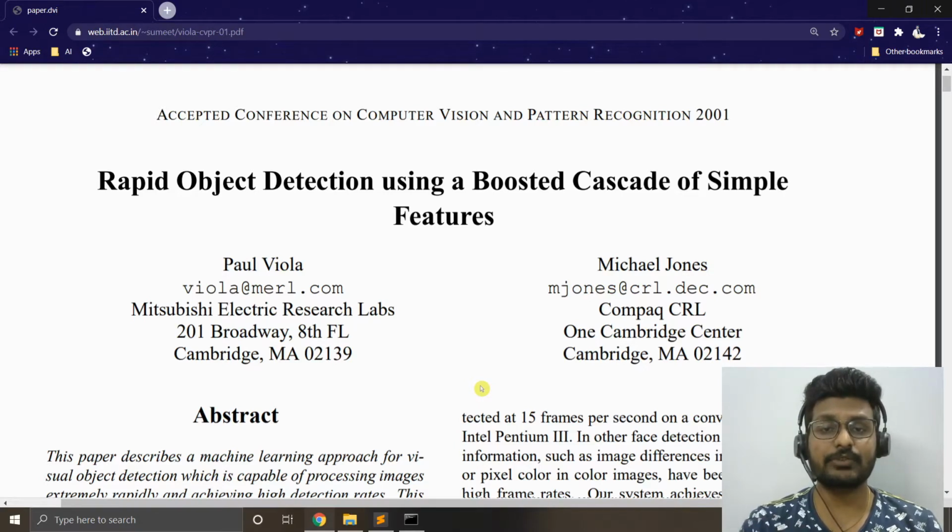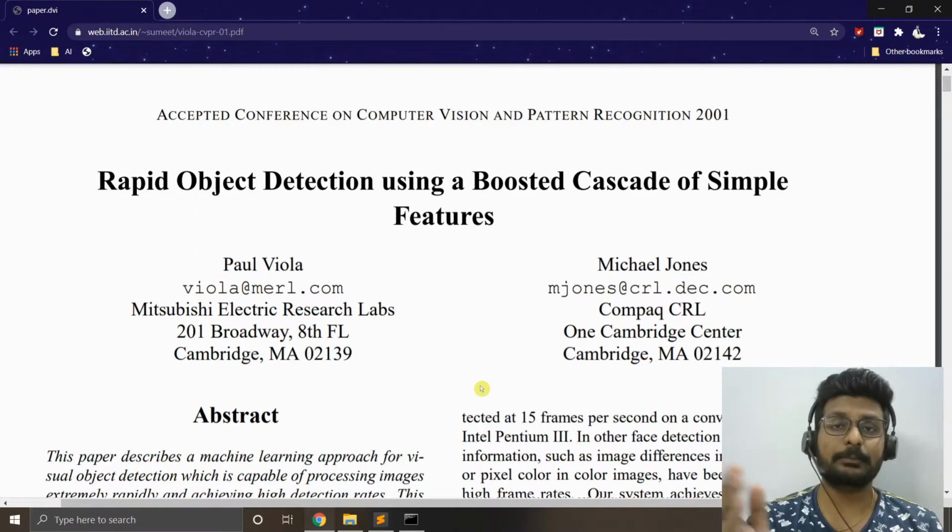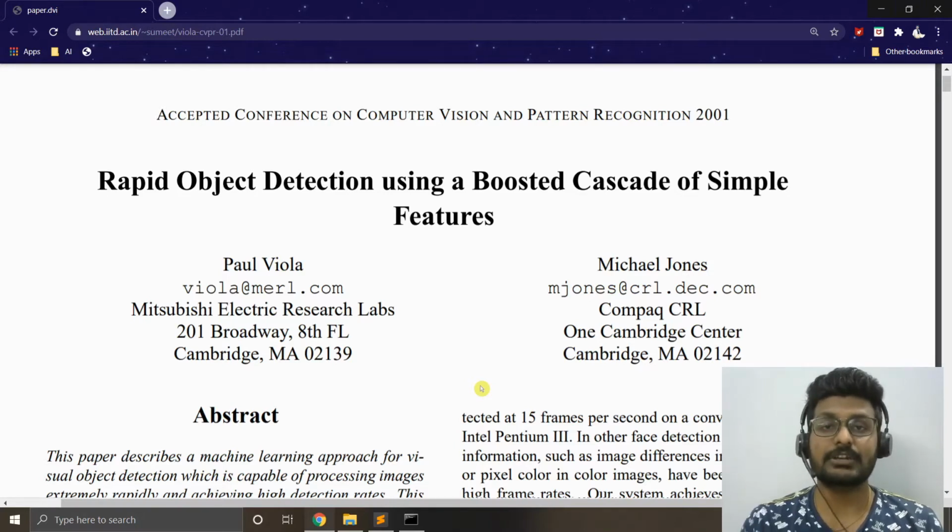Yes, you are actually viewing the very paper they published in 2001 at the CVPR conference, Rapid Object Detection using a Boosted Cascade of Simple Features. So we are going to use this particular algorithm, and a pre-trained model of it is going to be applied to our real-time face images and real-time webcam feed, and we are going to detect faces. Not only faces, we will try to understand how to use the same approach to detect different objects, let's say eyes, or even your entire human body and so on.